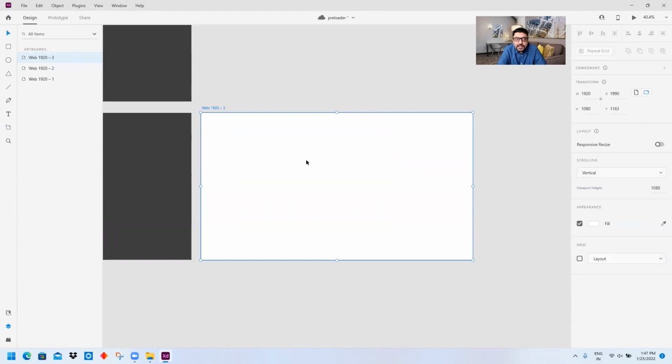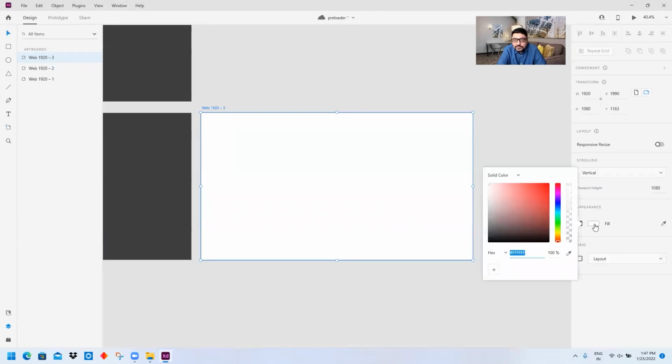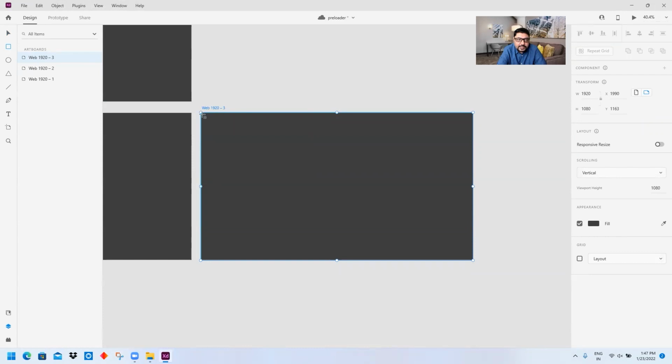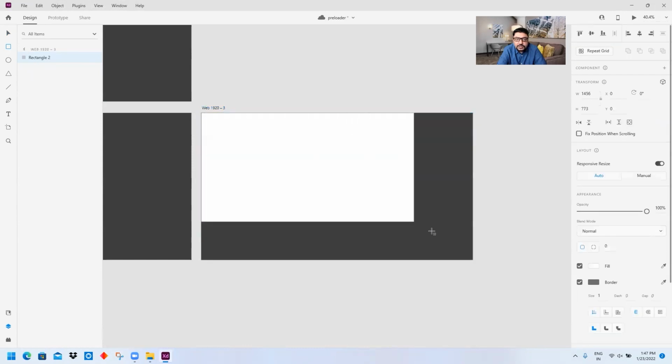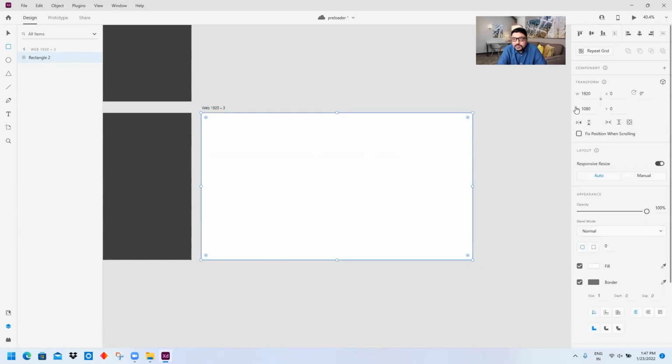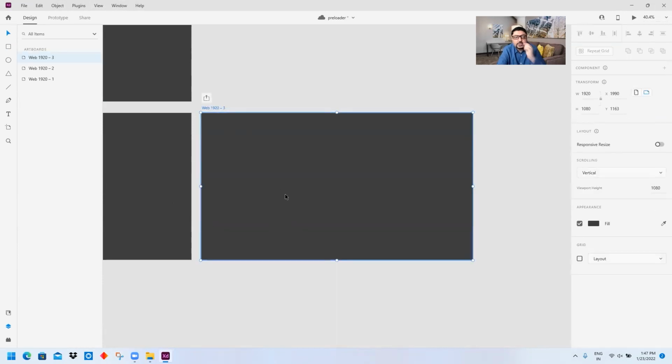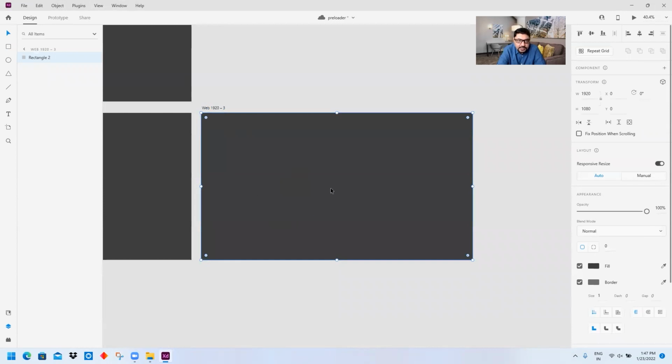Great. And I will change the color to the same artboard color. Also, I will draw a rectangle from this corner to this corner, which is again 1920 by 1080, and I will pick up the same color. Okay. Now, I will load an image inside this rectangle.